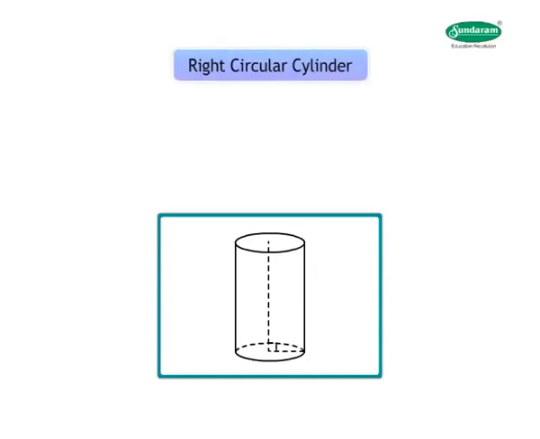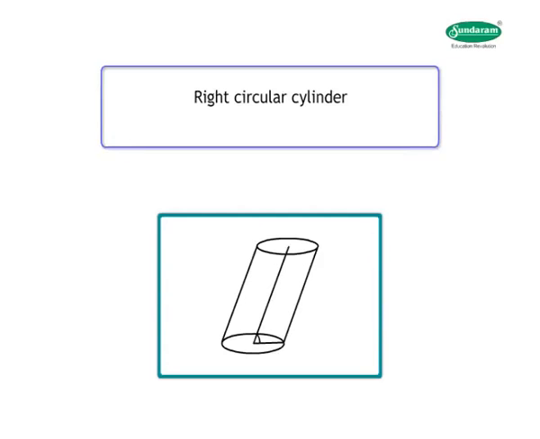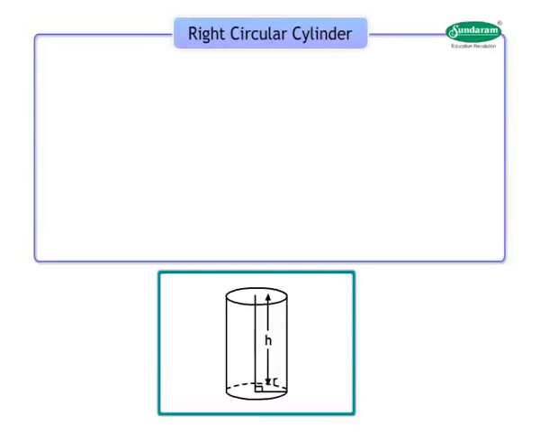Right circular cylinder. A solid obtained by revolving a rectangular lamina about one of its sides is called a right circular cylinder. The cylinder shown here is a right circular cylinder, and we are only going to study right circular cylinders and will refer to it as a cylinder. So, in a cylinder, if the radius of the base is r and height is h as shown in the